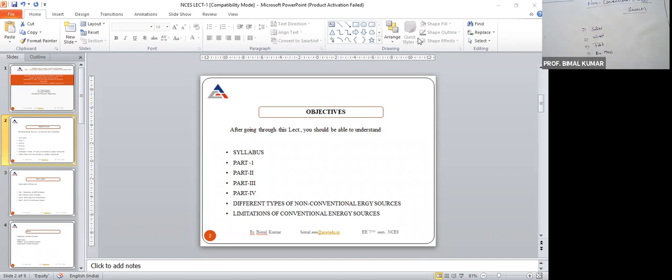First law states that whenever there is a rate of change of flux, an EMF is induced across the conductor, right? So that means whenever d phi by dt is there, it will cause for the induction of the EMF across the conductor coil,